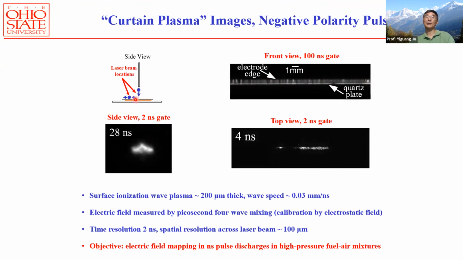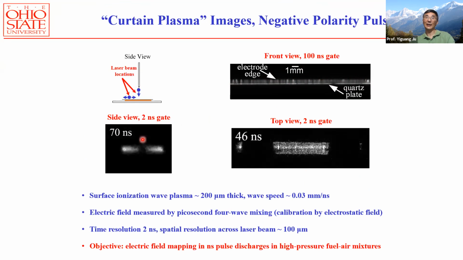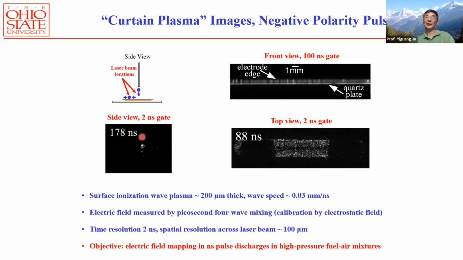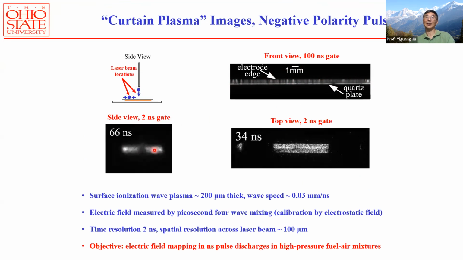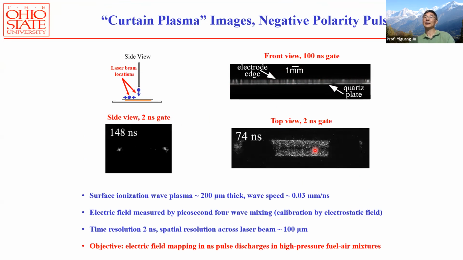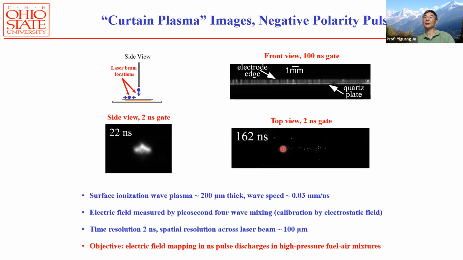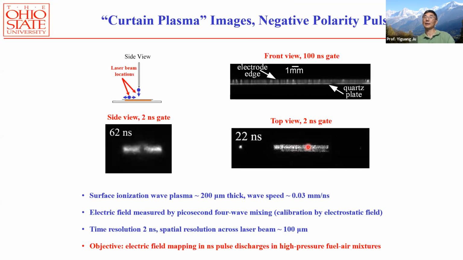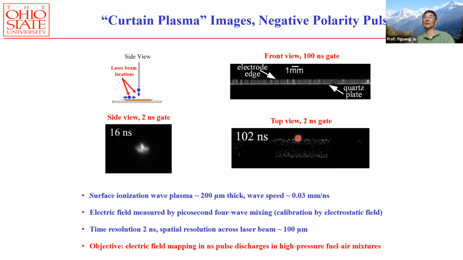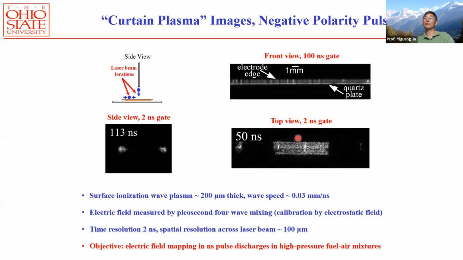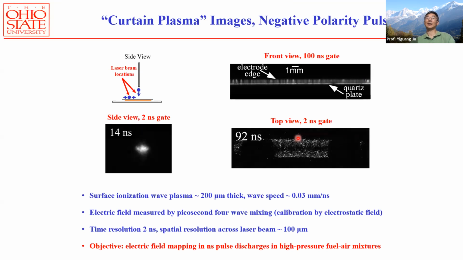You view from this direction. You can see this is the knife edge, and you see that the electric field develops and then spreads on both sides of the knife edge. And this is the top view. You can see also this is probably a knife edge, and the electric field spreads on the surface on both sides. So this gives you a quantitative measurement of the